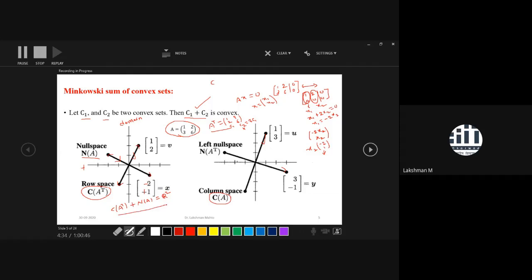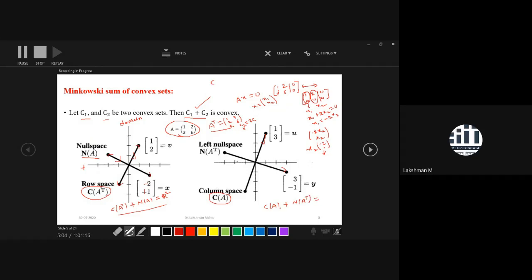This is the Minkowski sum visualization. Similarly, if you sum these two lines, then what would be here? That means if you sum column space of A with null space of A transpose, these things also have a lot of application in robotics. If you are unable to understand this one, definitely you will face problems in robotics as well. So this one plays a very important role there, if you know all this decomposition.